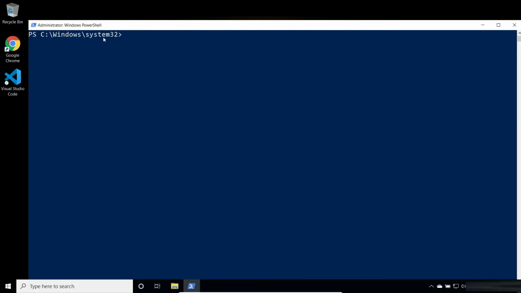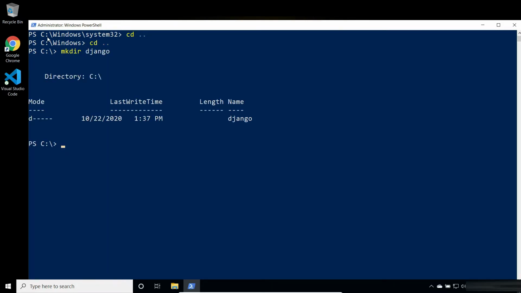As I am in the Windows System32 directory, I'll be creating one directory in C drive, but I recommend you create your project directory in another drive, such as D drive or E drive or any other partition. Creating the project in C drive is not a good practice, but I have only one partition, so I'll be doing this in C drive. So let me go to the C drive at first. So I am inside the C drive. Here I'll be creating one folder using mkdir, and I'll be giving the directory name as Django. So this creates one Django folder.